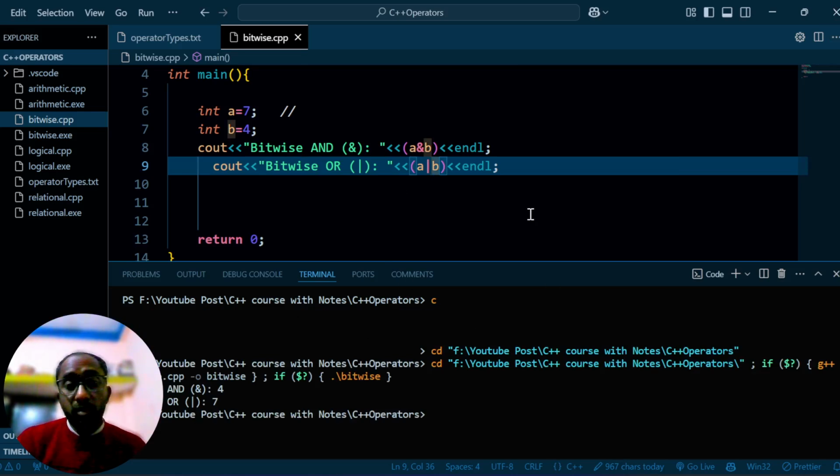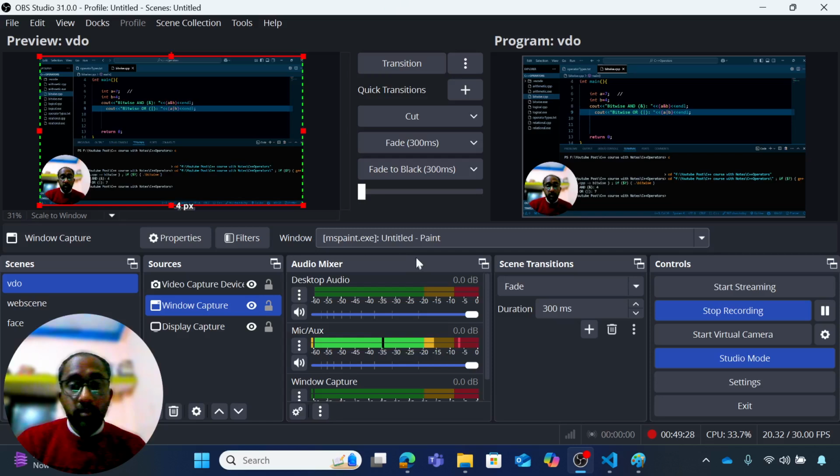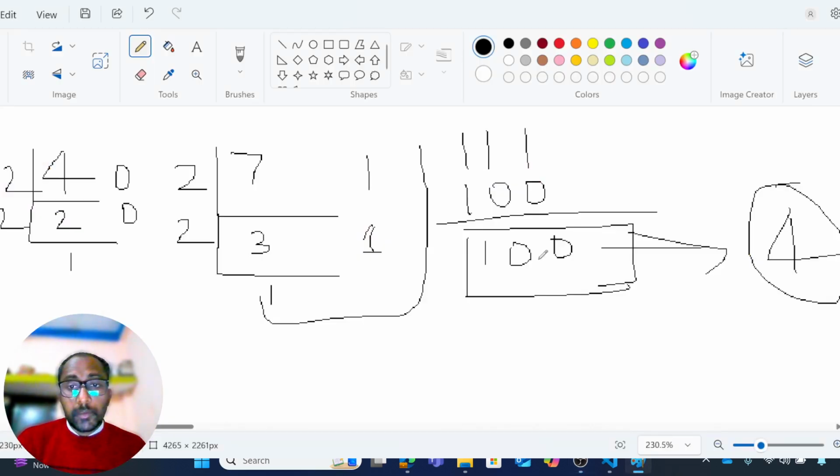So how does 7 come? It compares two integers in binary, and if a 1 comes in either of them,